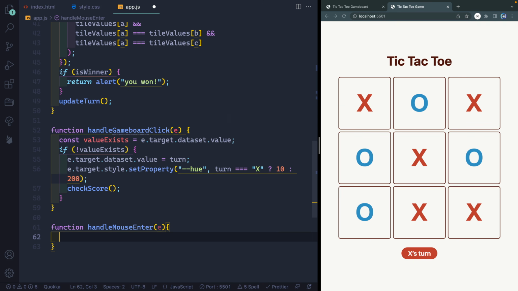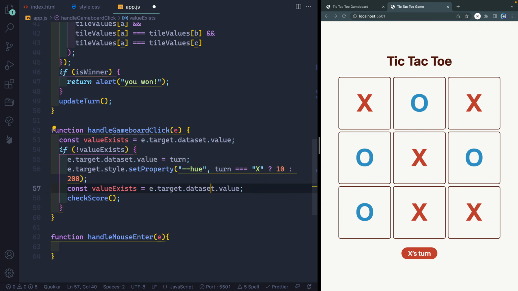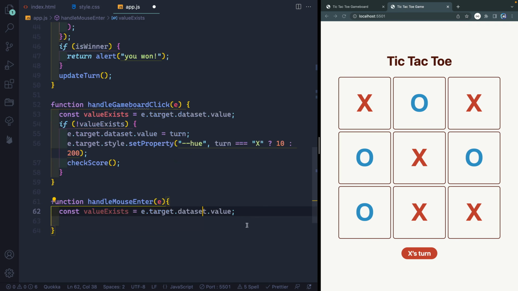So we're going to actually do the same check we did right here, because if a value exists, then I don't want to do anything. All right, so only on empty tiles, essentially, do I want to do something. So if there is no value that exists, right here, then I want to do something. And that is I want to declare another data attribute. We'll say